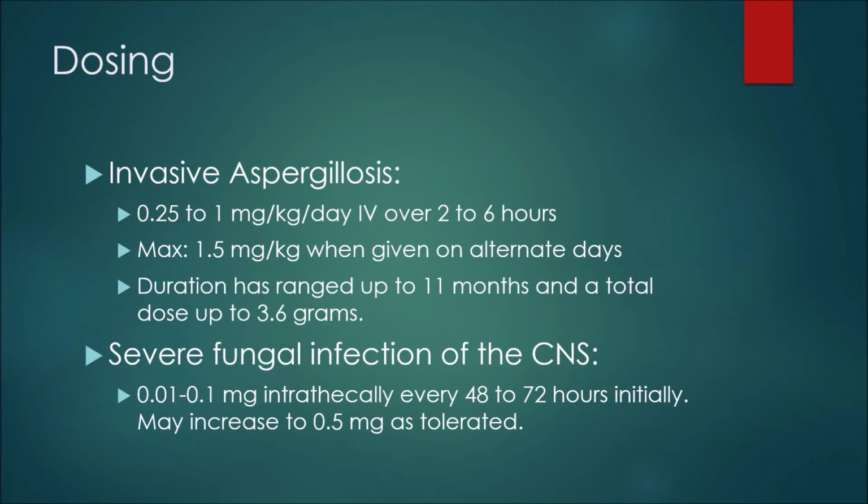Now for some examples of dosing with Amphotericin B. So in the treatment of invasive aspergillosis, we may see 0.25 to 1 milligram per kilogram per day intravenously given over 2 to 6 hours. The maximum dose here would be 1.5 milligrams per kilogram when given on alternate days. And in terms of duration, well, it has ranged up to 11 months and a total dose of up to